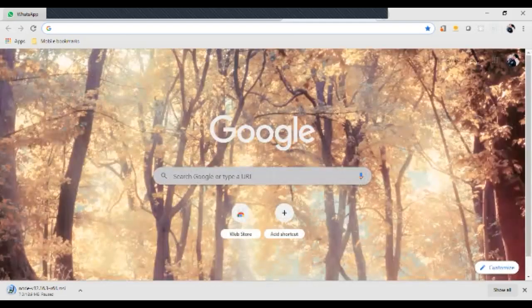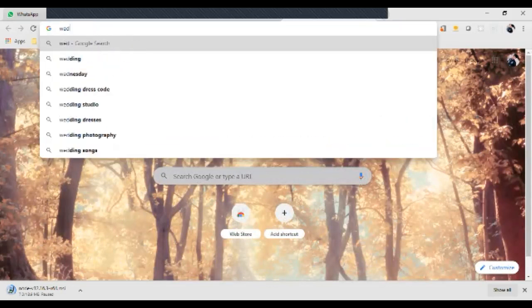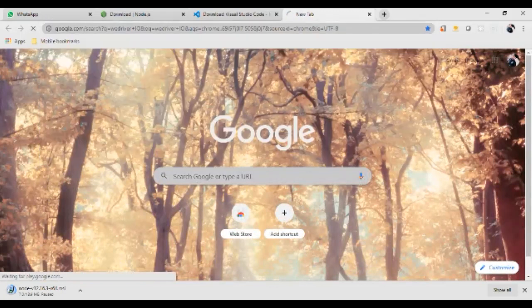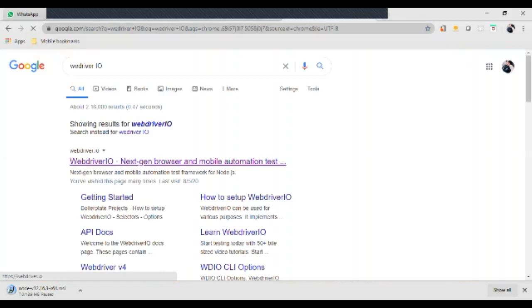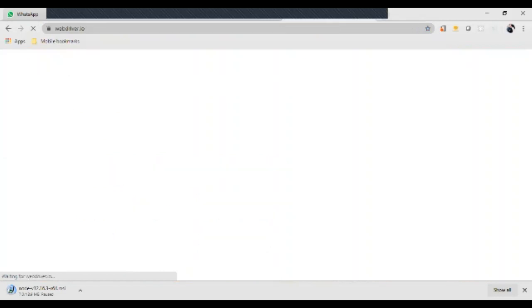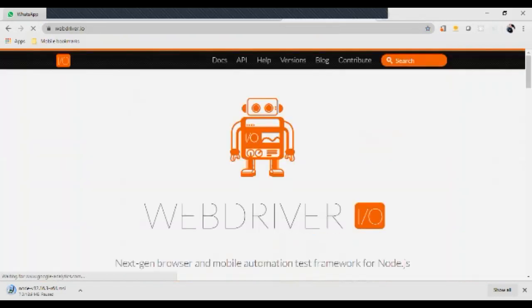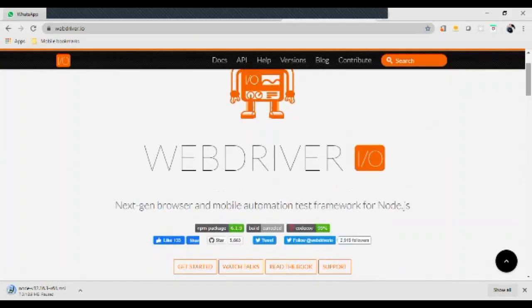And then I'm going to show you the official website for WebDriver IO. This is the official website.